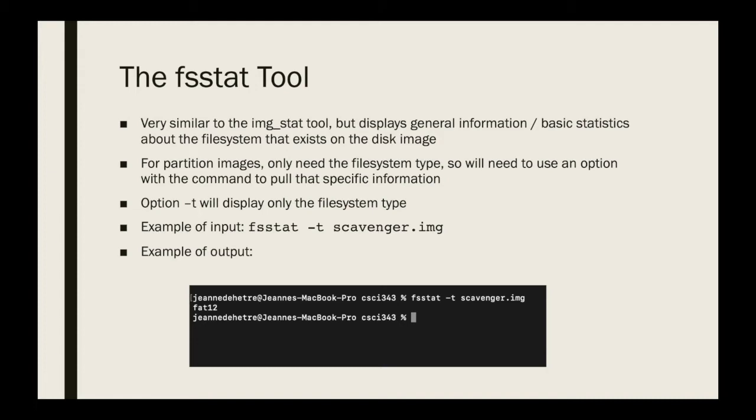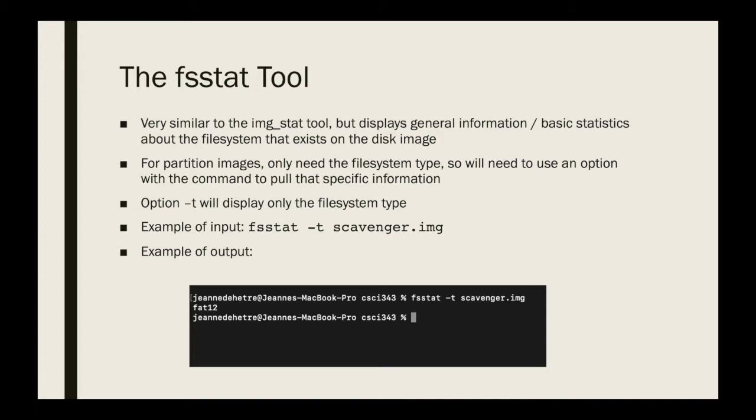With a partition image, I'm going to request that the Sleuth Kit only return the file system type to me, because with a partition image, you're going to get a lot of file system information that's just a whole lot of not really needed information. Even the file system type isn't all that necessary, but it's just good information to have, and it's good introductory practice with the tool,